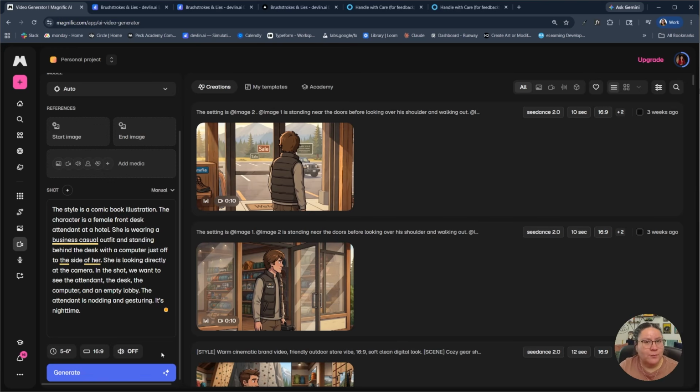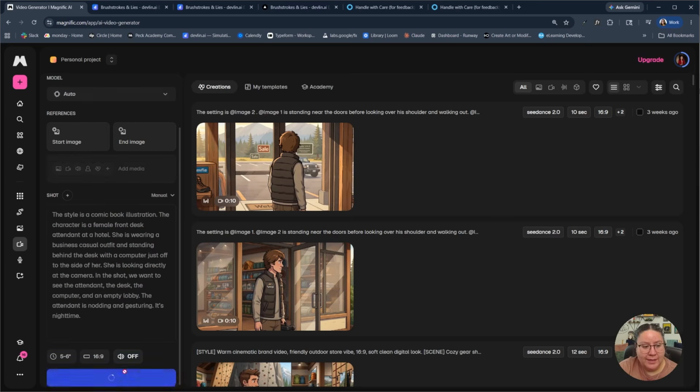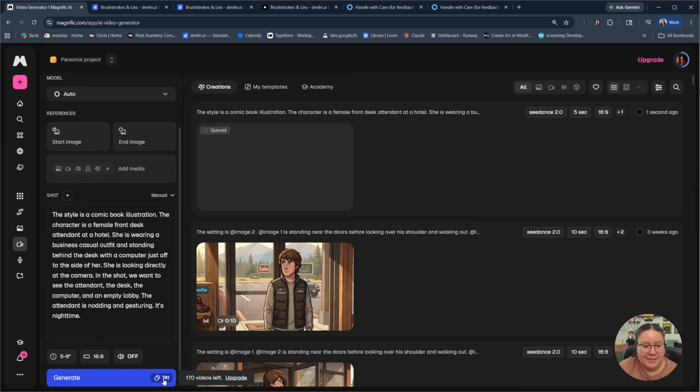So I want some movement, but nothing too distracting, with something that I can loop. So I'm going to go ahead and generate that. And you can see it said how many credits it was going to use, 741. You can keep track of your credits over here if you are using Magnific. All right. So while that is generating,